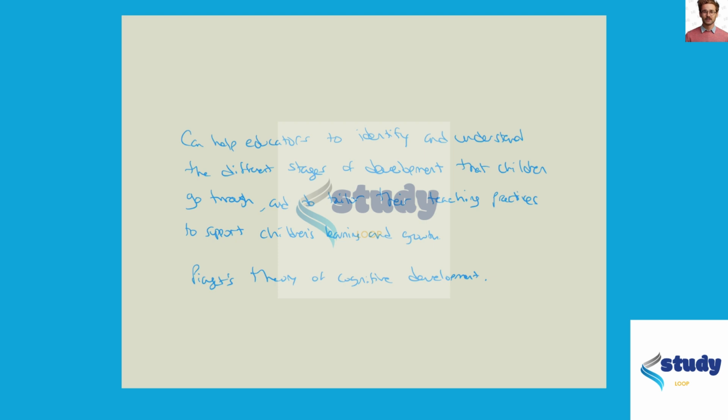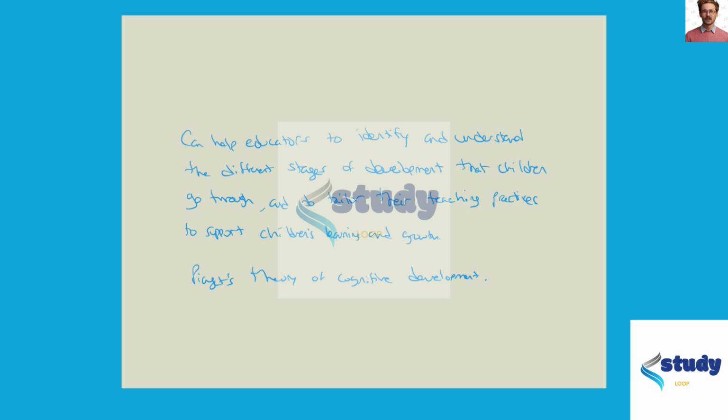Piaget's theory could be used to support observations and assessments in several ways. For example, educators could use Piaget's stages of development to identify where individual children are in terms of their cognitive abilities and limitations, and to tailor their teaching practices accordingly. And they could use Piaget's theory to identify specific areas where children may be struggling or where they may need